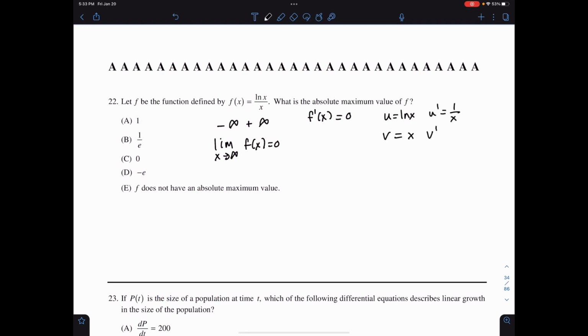My v prime is 1. So f prime of x is equal to v u prime minus u v prime all over v squared. I plug in,